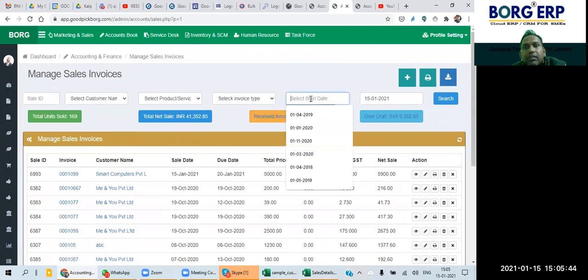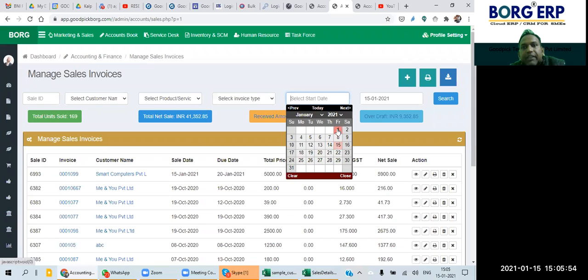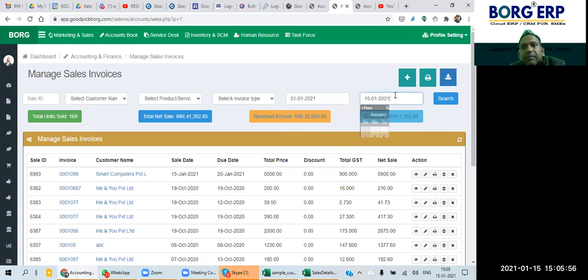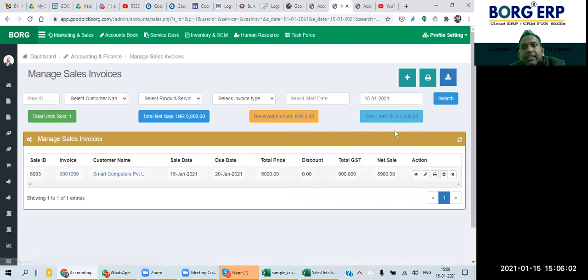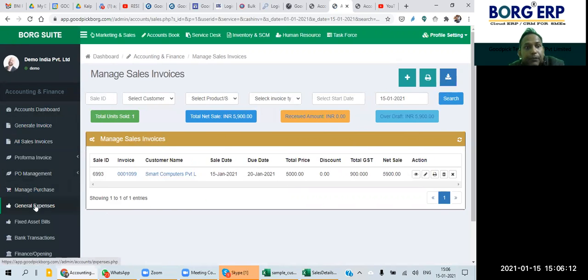Filter from here. If you want to take certain filtered details, you can filter from here. For example, I want it for this month only. So let me take from the first to the 15th. I have to filter first and click on search, and one entry is there. Then if I download, only one entry will come into the download. So I can also apply multiple filters over here as per my requirement. So this was the thing I had left.